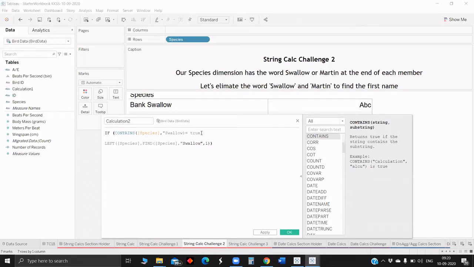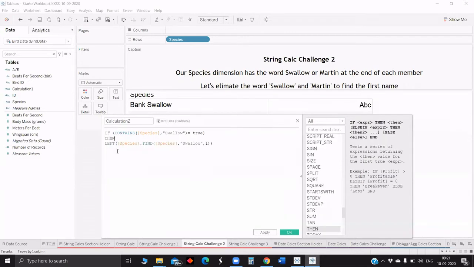The closing quotations. That's right. Follow string. So if this condition is true, then this will get executed. Else,